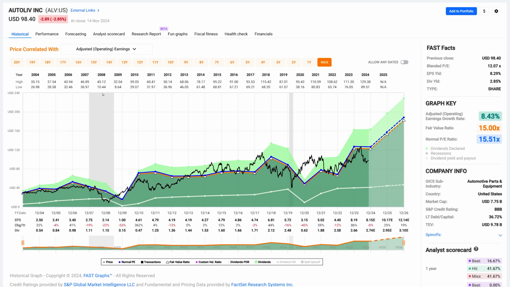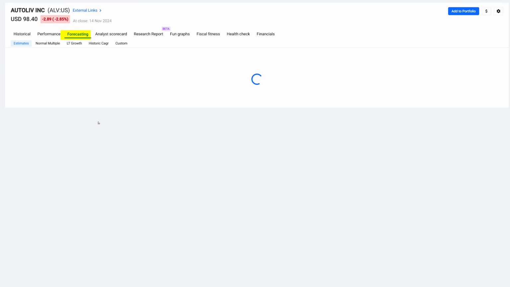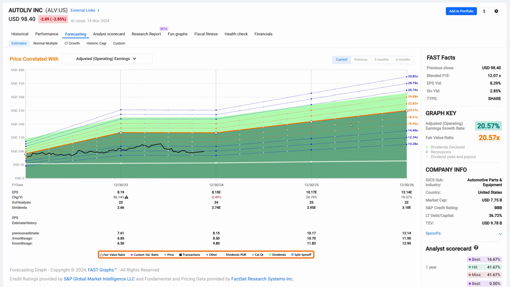What I like about this stock is it is triple B rated. It only has under 37% debt to capital. It's a cyclical, clearly, okay, but it's coming out of a very strong cycle right now. And the analysts are very excited about this company, and they're looking for it to grow at over 20% a year. And if you use the P equals growth rate, this would be an incredible investment opportunity going for the next couple of years. The rate of return would be staggering.